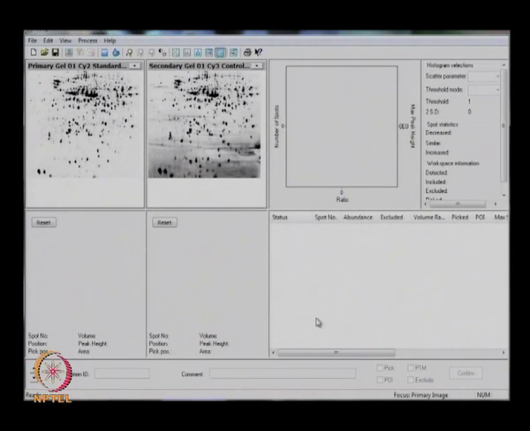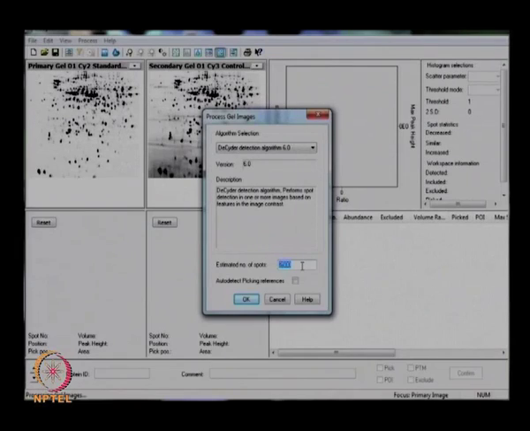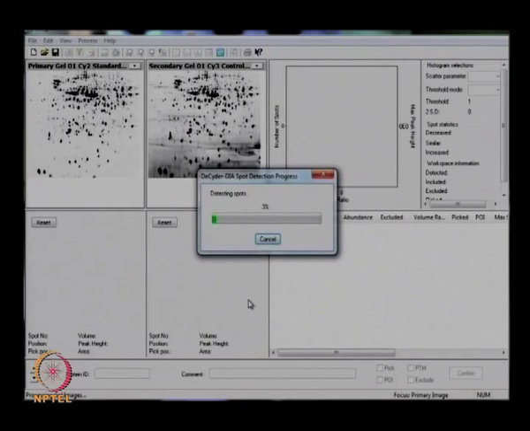Now you can see the gels we have uploaded. After uploading, you can process these gels. During processing you have to give some number. This is a threshold which you are giving here. Actually this may be 2000, so that it takes care of background issues also. Then in DeCyder, co-detection will happen, but I would like to explain some more about what co-detection is.